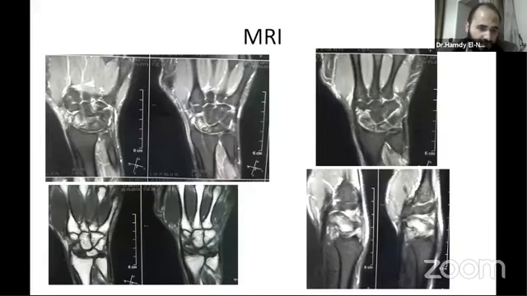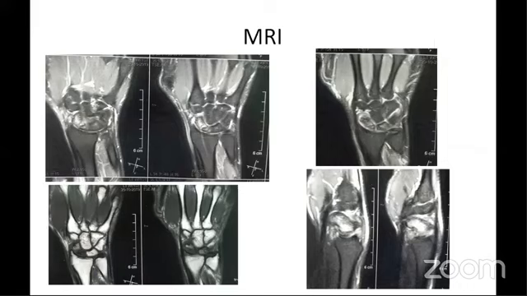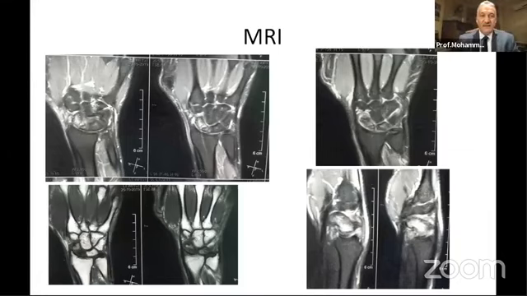And these are the T1 and T2 STIR views and cuts for the patient. Dr. Mohammed, I want to ask if you see any AVN, avascular necrosis, of the proximal pole, or what's your opinion about this MRI? Actually, you can see that in the upper left